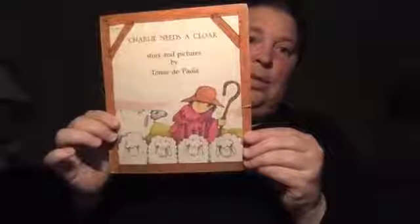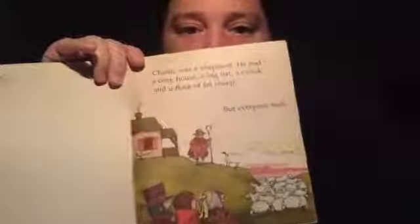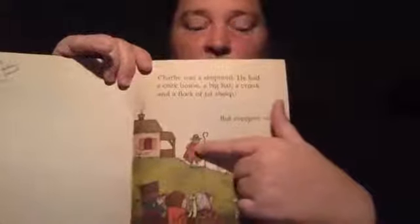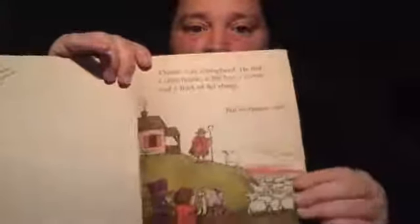So this is Charlie Needs a Cloak. Charlie was a shepherd. He had a cozy house, a big hat, a crook, and a flock of fat sheep. This is a crook, the thing he has in his hand. But everybody said,